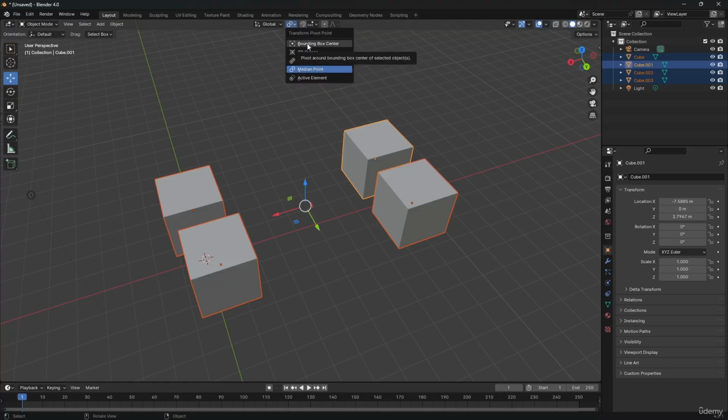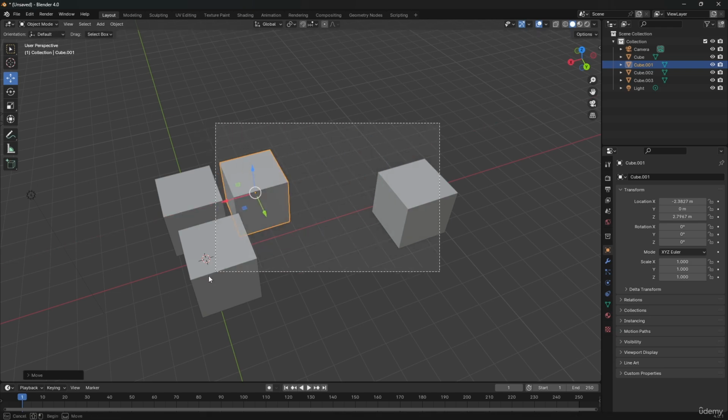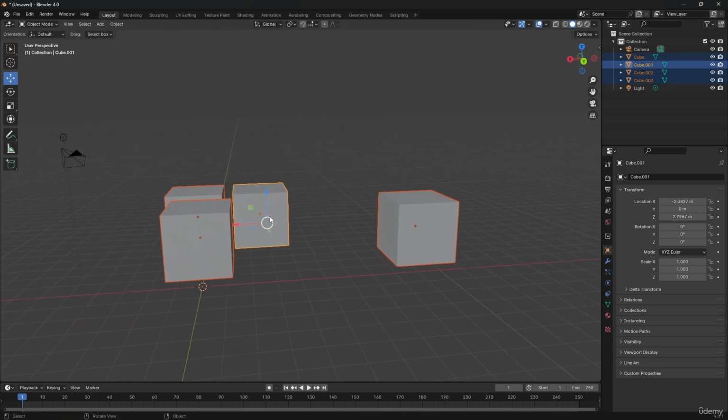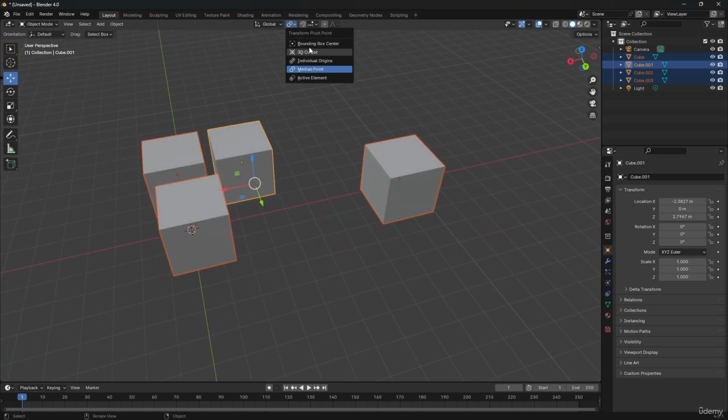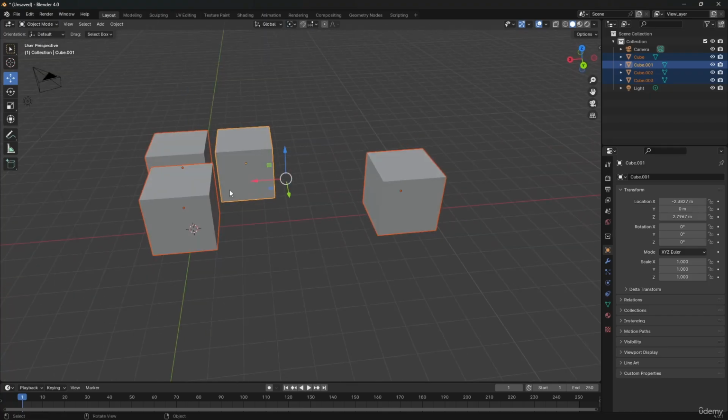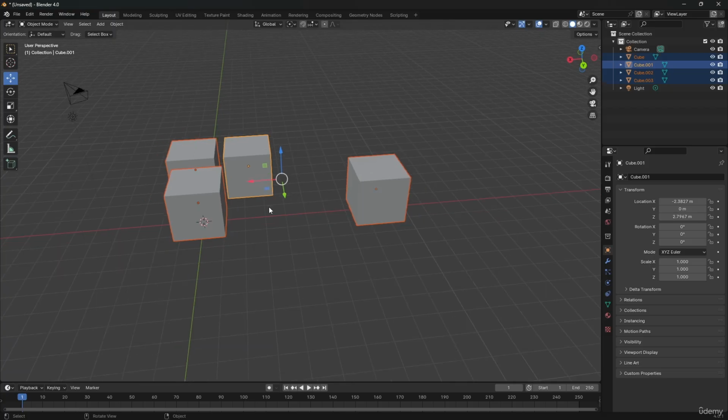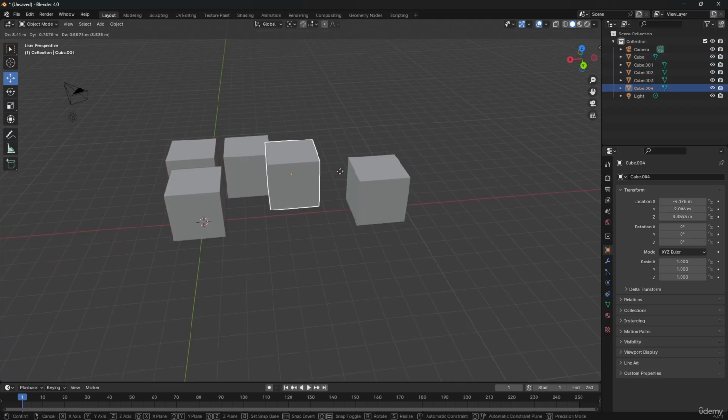Now we have this bounding box option. For example, if we go here and let's make a selection. So now you can see that this is not exactly in the center because it's using median point. But if we go ahead and switch it to bounding box, now you can see it moves back to center. So what's happening here is that, just to demonstrate, let's press Shift D to duplicate and move it